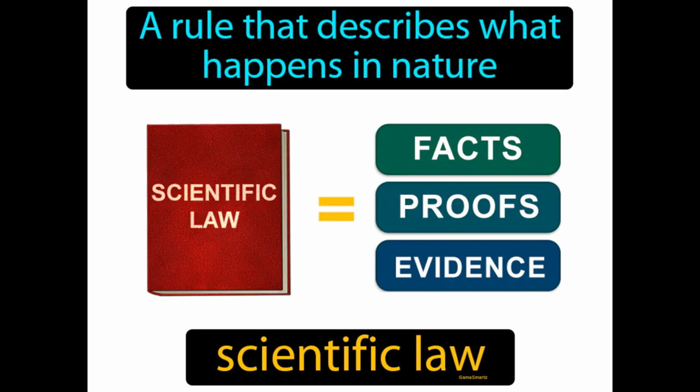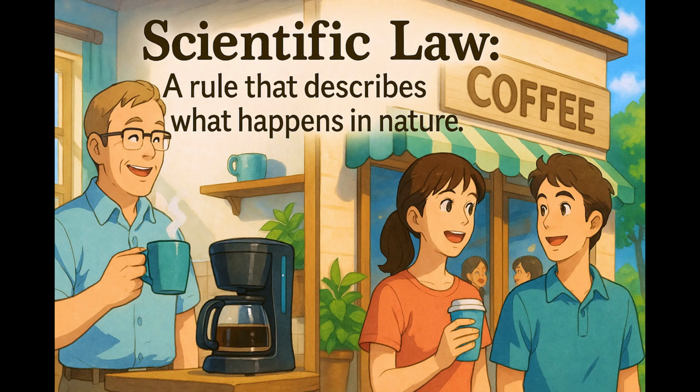A rule that describes what happens in nature. Scientific law. A scientific law is a statement based on repeated experiments that describes a consistent natural phenomenon. Imagine you're trying to predict when your morning coffee will be ready based on how long it usually takes the coffee machine to brew. Just like the consistent brewing time of your coffee, scientific laws describe consistent patterns observed in